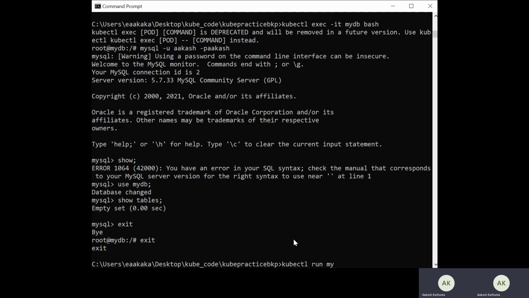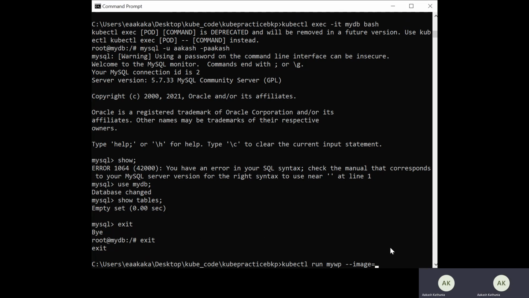I can use the mydb my WordPress, and hyphen image equal to. In order to see the WordPress image, you can again go to the Docker Hub and check the WordPress image. So in order to check the WordPress image, you can go separately to the WordPress page and find it.